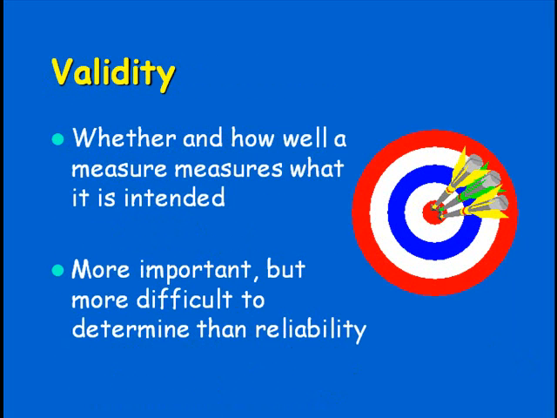Validity. Reliability has to do with consistency. Validity has to do with accuracy. It's whether or not a measure measures what it is intended to measure. Whether and how well a measure measures what is intended to measure. It is more important but more difficult to determine than reliability, because as we showed previously, something can be consistent in that little